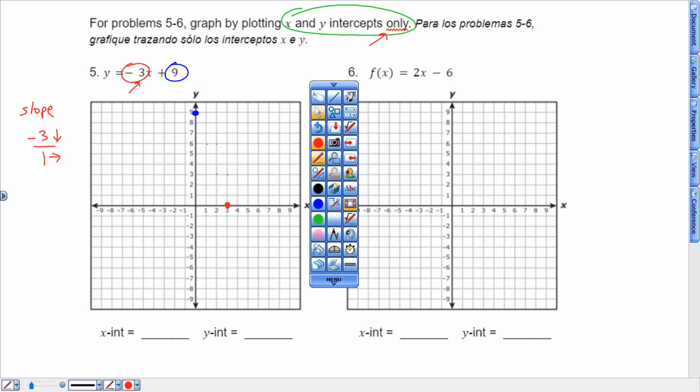I'm going to make sure that I get rid of all these other dots. And again, I'll try to show you that slope pattern that I did right there. So that took me from that blue dot, right 1, and then from there I went down 3 because it's negative. And normally I would put a dot there, but because this one is having me, after I do this, it wants me to only plot the x and y intercepts. So I'm going to make sure all of that stuff is gone and only my 2 dots are drawn. So with my line drawn through those 2 and putting arrows on my line,